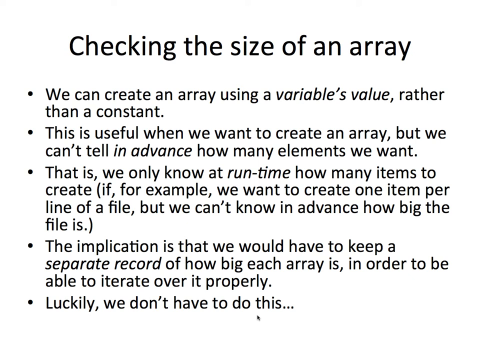Sometimes we don't want to create an array where the size is fixed by a constant. So you can imagine maybe we want to create an array of marks, but the marks are read in from a file whose size could change from one run to the next, so the file is constantly being updated. So in this case we would first count the lines, and that tells us the number of items in the array, and then we set up the array. But it's not fixed as a constant, it's determined by the value of a variable, which is the number of